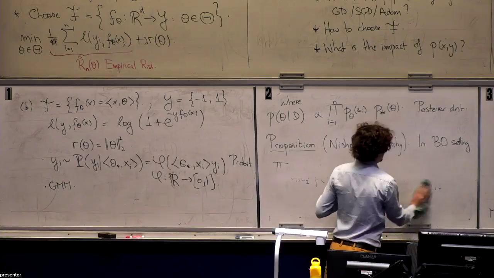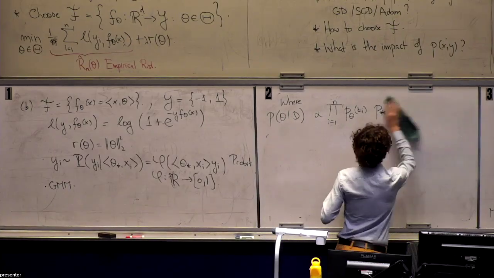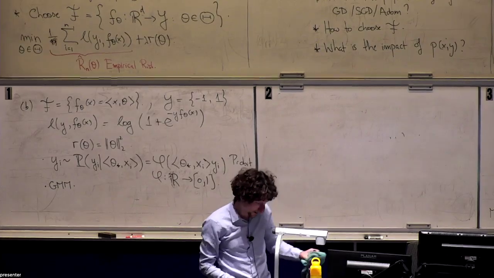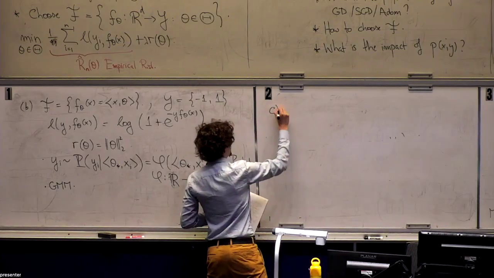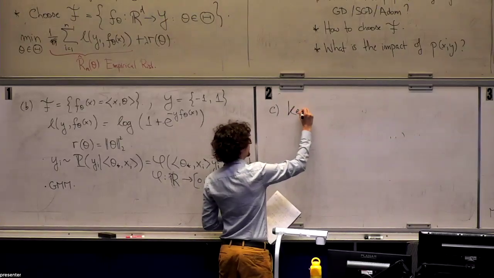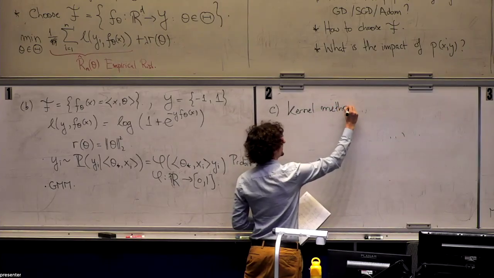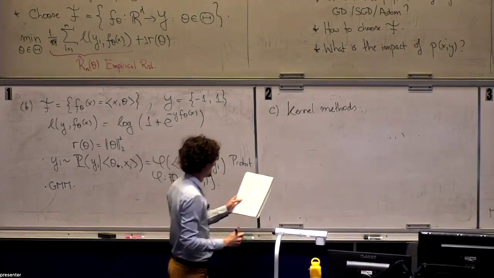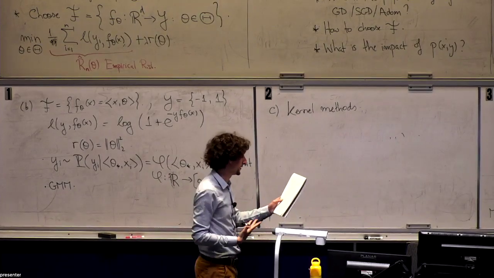And finally, let me see in the notes if I talk about the 2-layer case. Oh yeah, no. There is one last thing that I wanted to speak about, one model: kernel methods. And here I'm going to be very, very brutal with my definition of kernel methods, but essentially, for all practical purposes, that's what they're going to do.